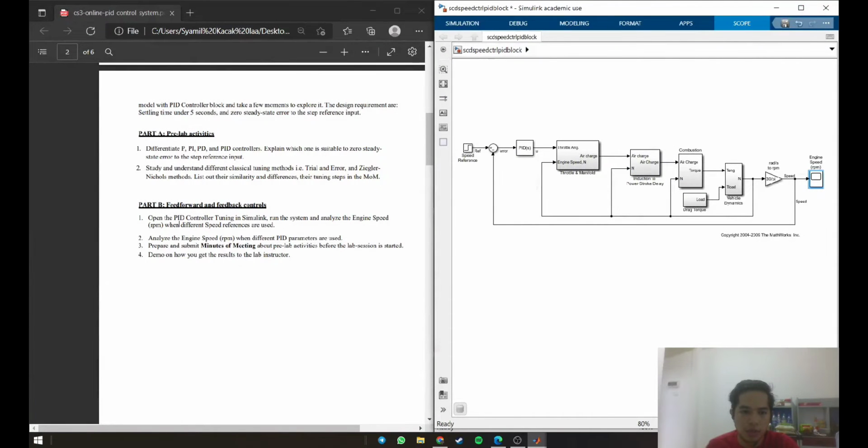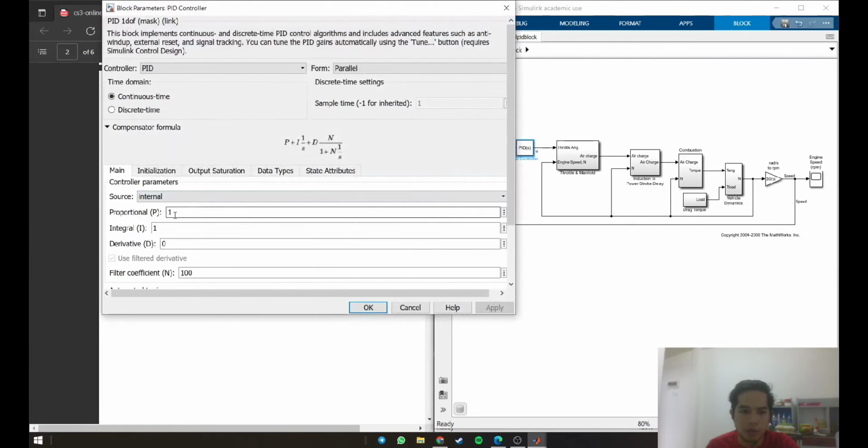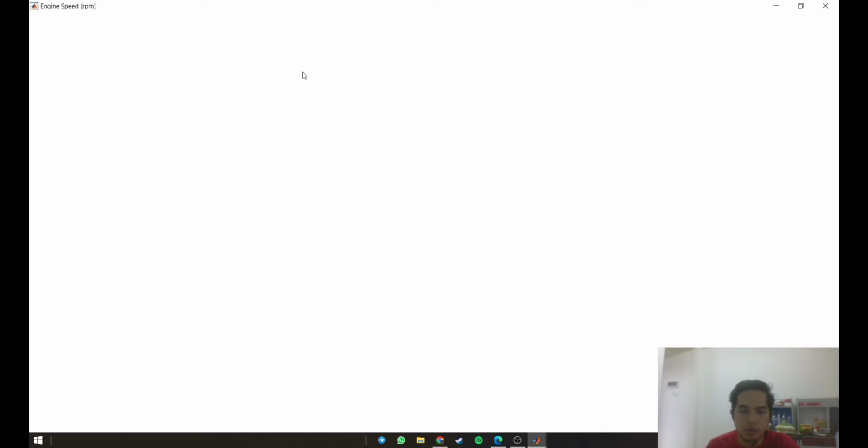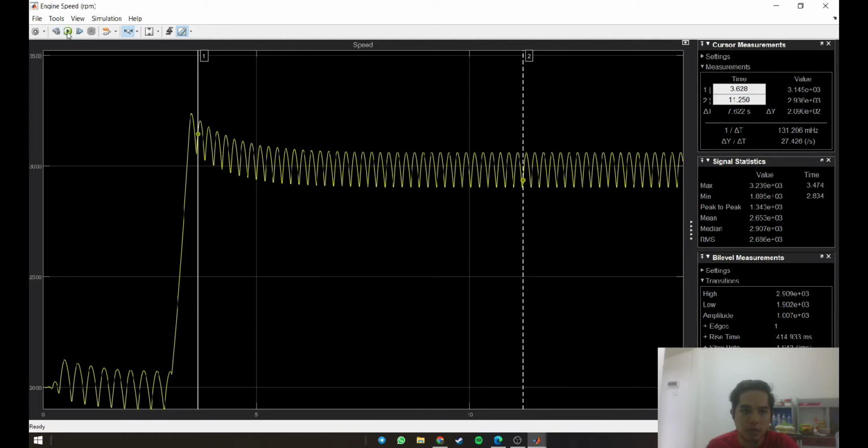Okay, for the next one, analyze the engine speed when different PID parameters are used. Okay, this is where I use PID. I set proportional to 1 and integral to 1. Okay, and then let's see the graph. It will look like just now. This is the graph,